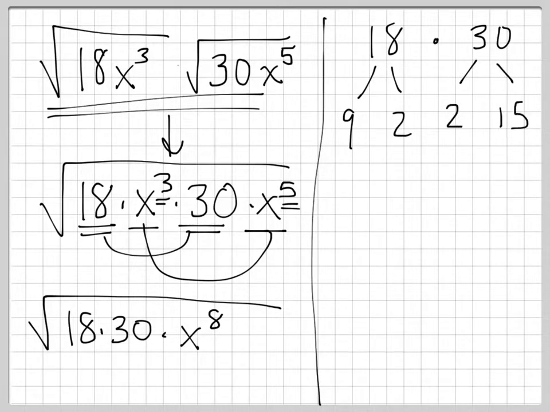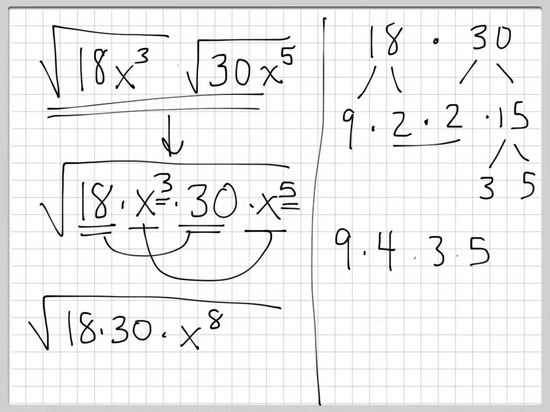So 18 times 30 is actually 9 times 2 times 2 times 15. And 15 is 3 times 5. And so we get 9 times 4 times 3 times 5. These are both perfect squares. This is nothing. It's two prime numbers, neither of which are going to be perfect squares, and so that's not going to be useful, but 18 and 30 can be written as, so we get down here,